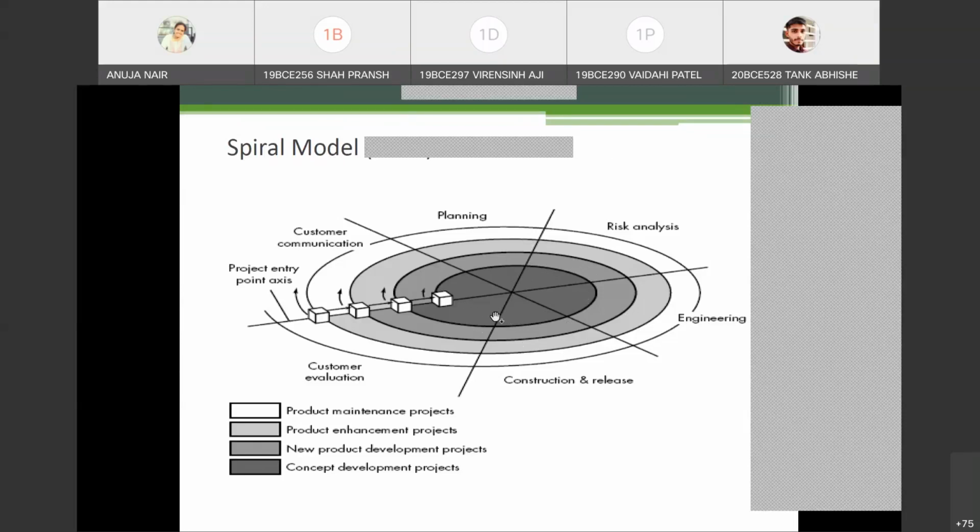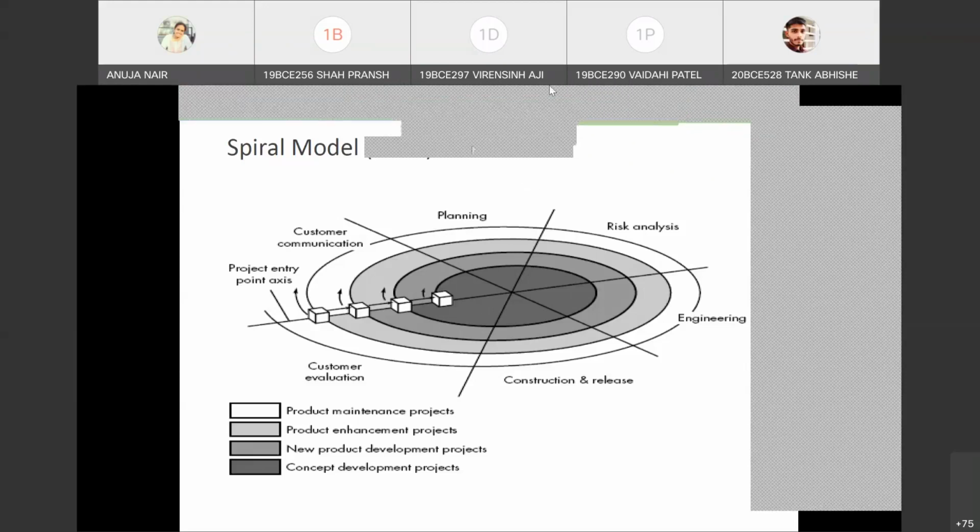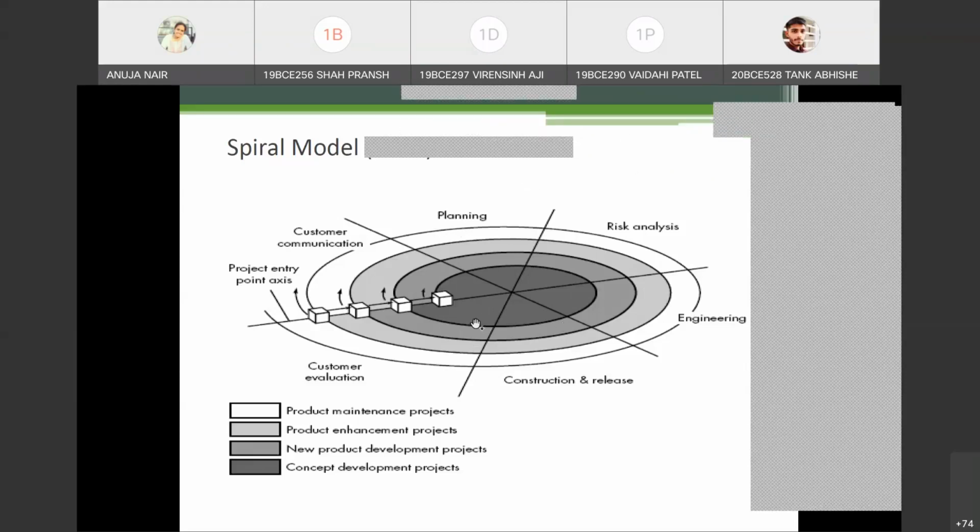So the keyword of spiral model is what? The keyword of spiral model is your risk factor. Okay. Now you tell me, my question is that, are the number of spirals in a spiral model fixed? If they are fixed, then how are they fixed? How can you say that they are fixed? If they are not fixed, then on what basis does the number of spirals move? किस basis पे मैं find out करूंगी that how many spirals are there? So please tell me the answer. I have already talked about it, but not in a direct way.